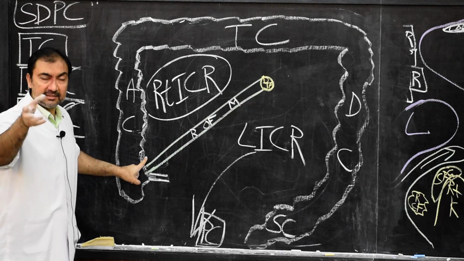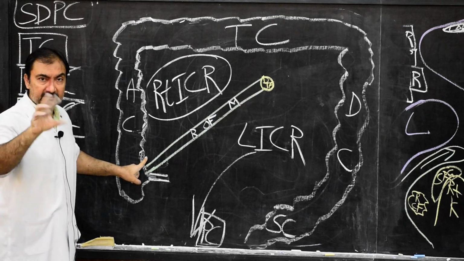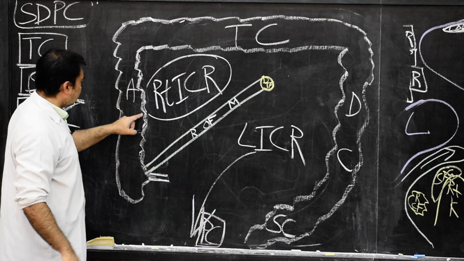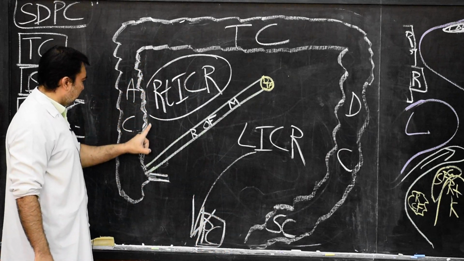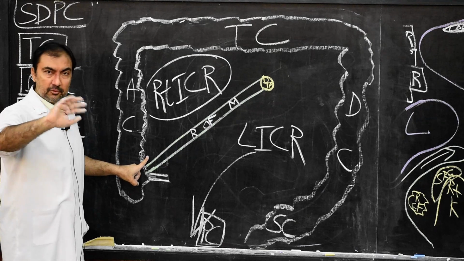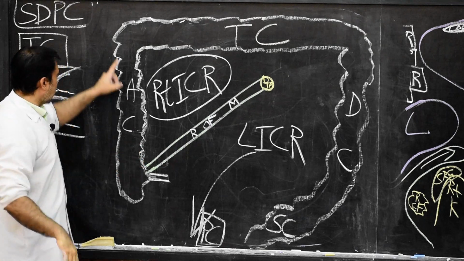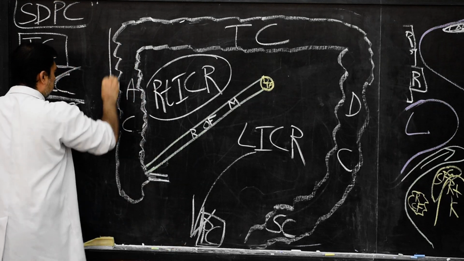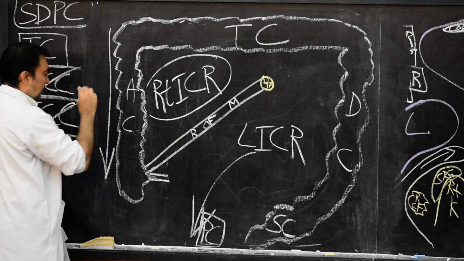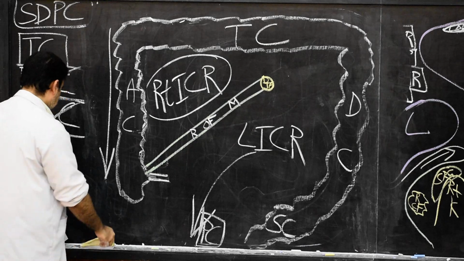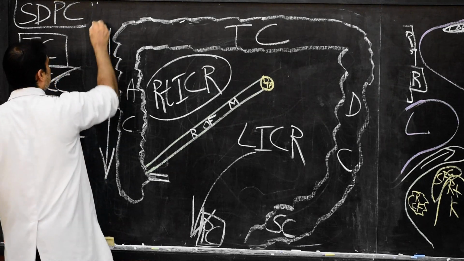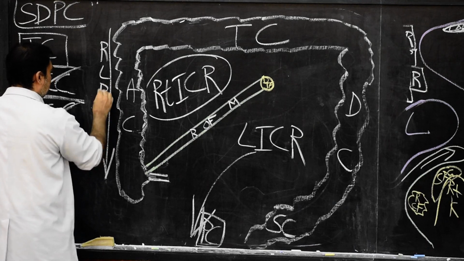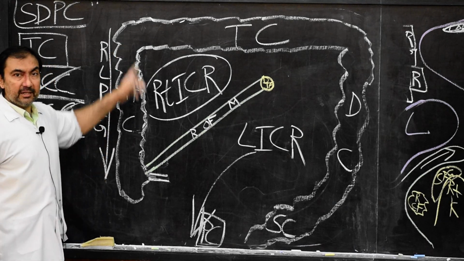What are paracolic gutters? They are longitudinal spaces present on either side of the ascending colon as well as the descending colon. Now on the right side, this medial right paracolic gutter is closed. It is a closed segment. What about the right lateral, where my hand is? Now this right lateral, if I put an arrow, this is the right lateral paracolic gutter. And this right lateral paracolic gutter will communicate superior to inferior.